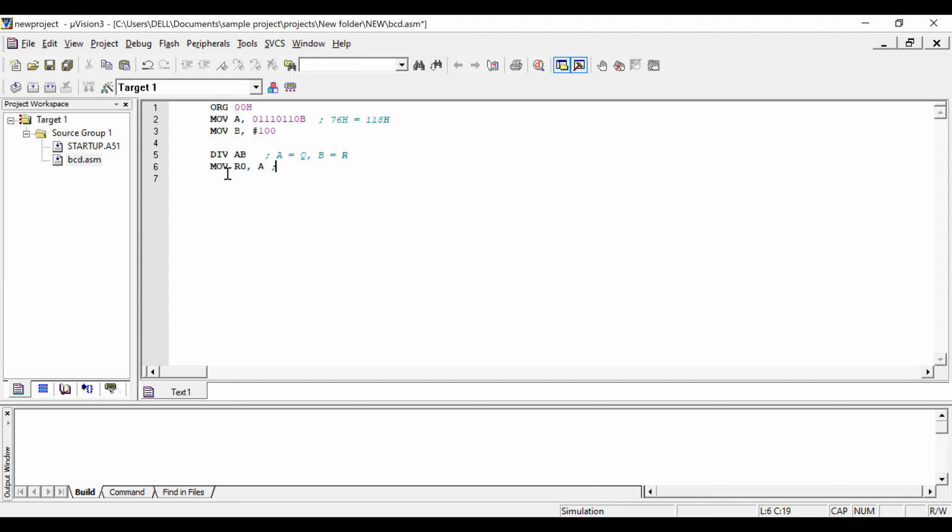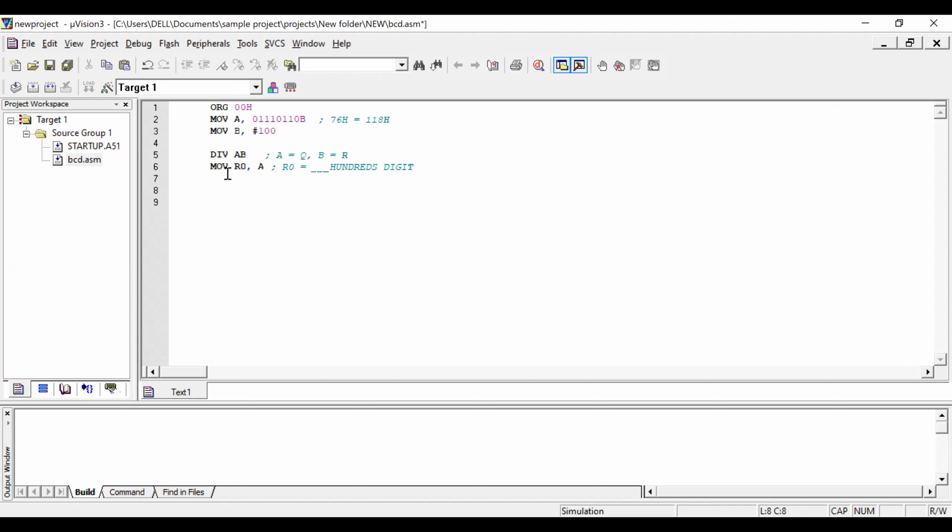Now R0 will have a value which is the hundreds digit. Now I have done my first step.